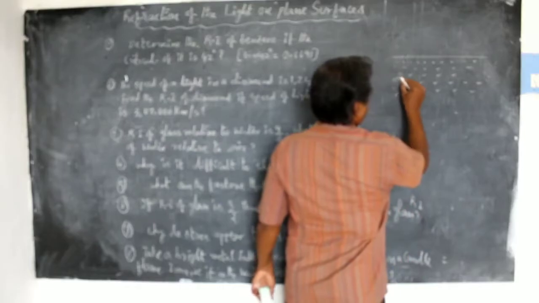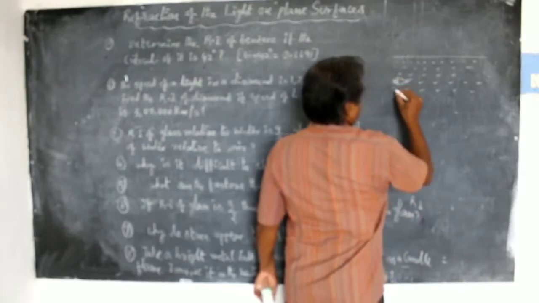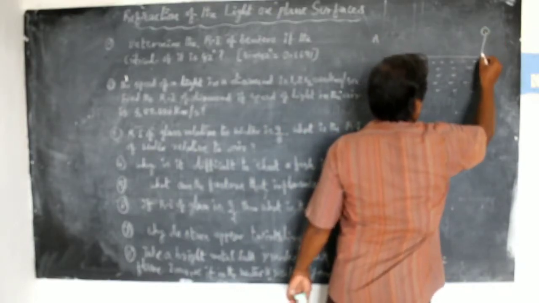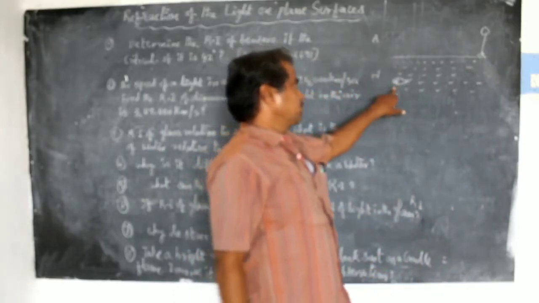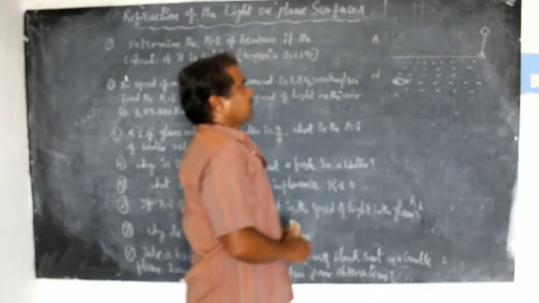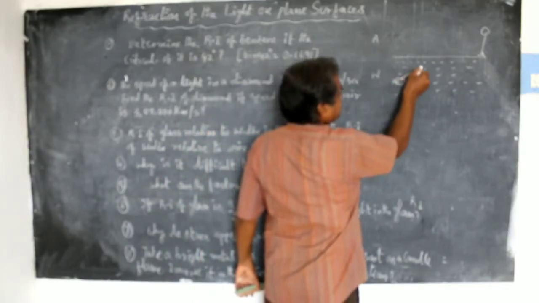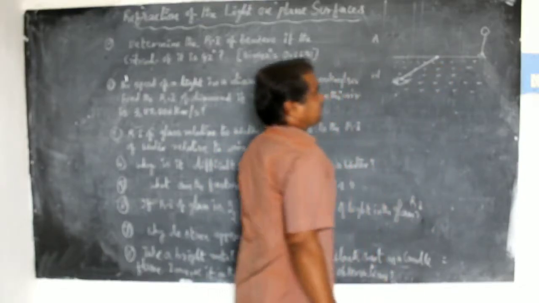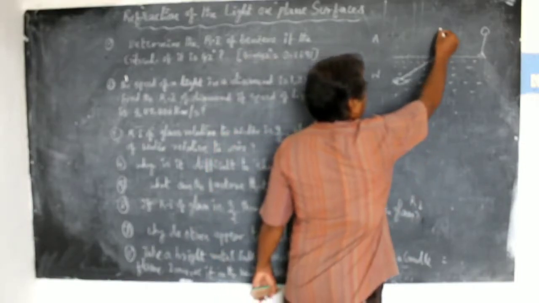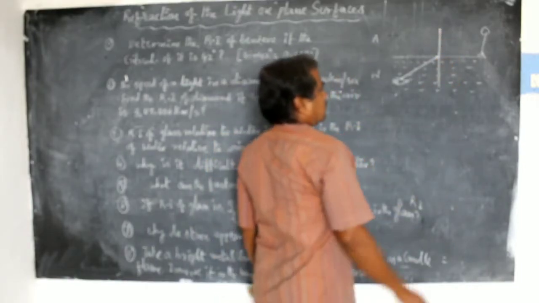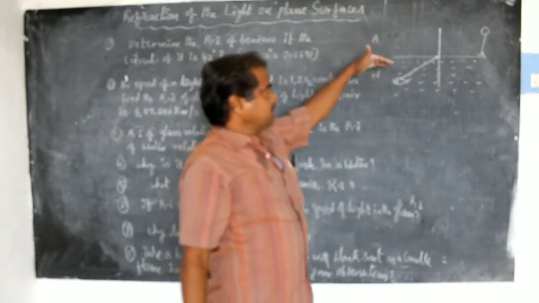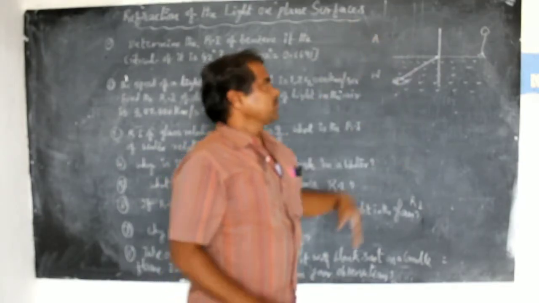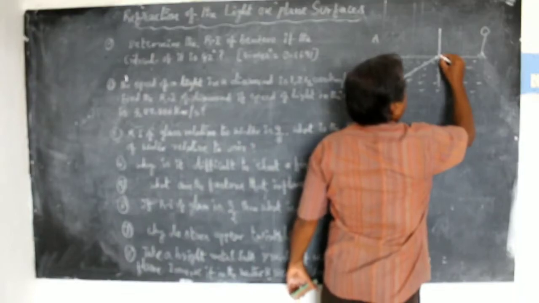So this is the interface of water and air. Here one fish is there. This is water, this is air. Here one observer is there. He tries to shoot the fish swimming in the water. For example, the light ray which comes from the fish is incident at one point on the interface of the two mediums. If you draw one normal, according to the definition of refraction, any light ray which moves from denser to rarer, the corresponding refracted ray moves away from the normal, so it moves like this.